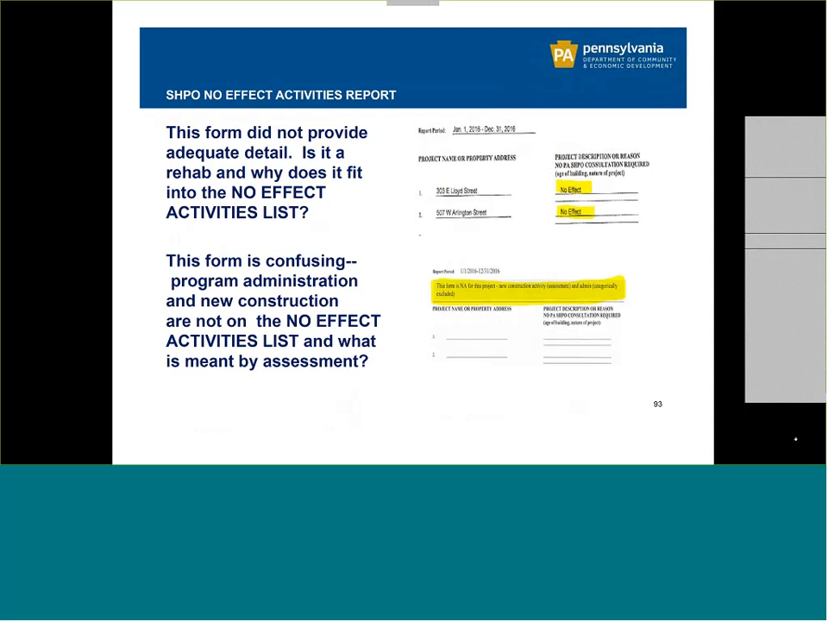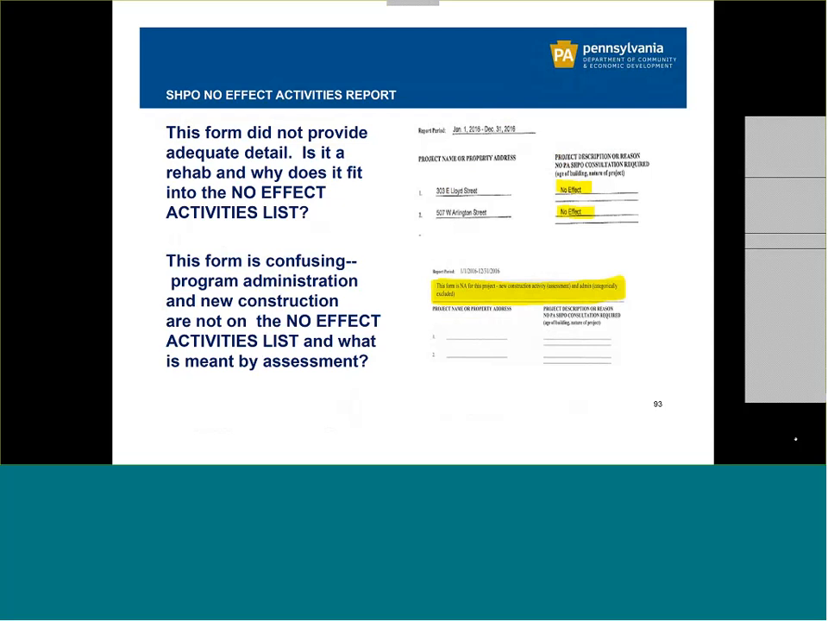And these are not horribly unacceptable, but they just reflect that continued confusion over what the purpose of this form is, or what it is you're asking me for. The first form, they give me actual street addresses and say that it was no effect. It would be helpful if you would have said no effect list activities, or rehab involved only no effect list